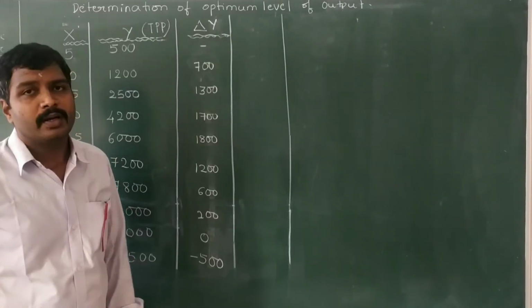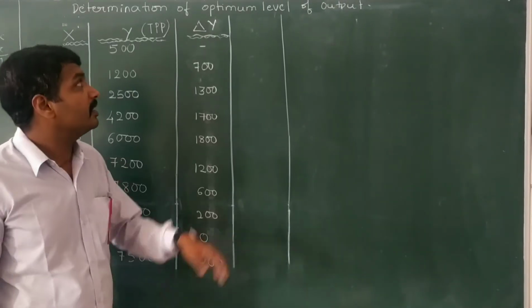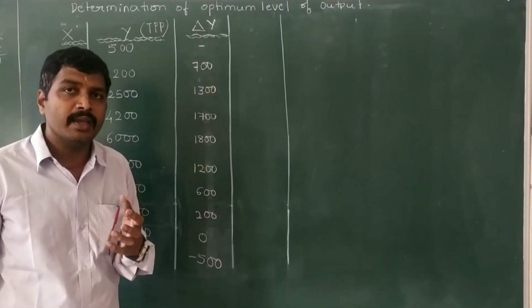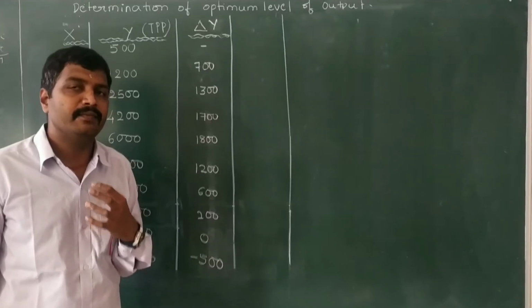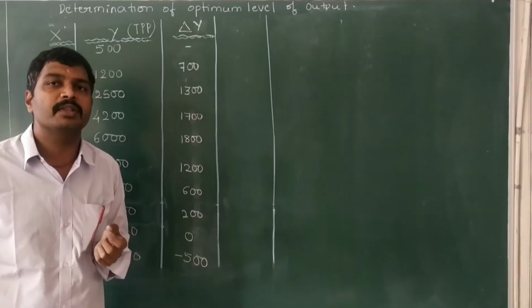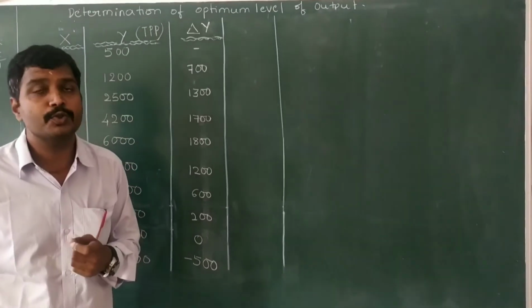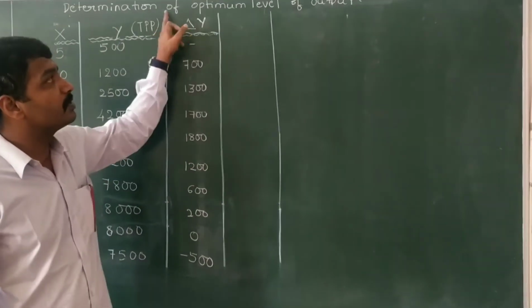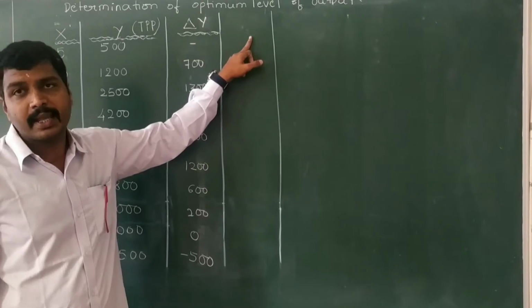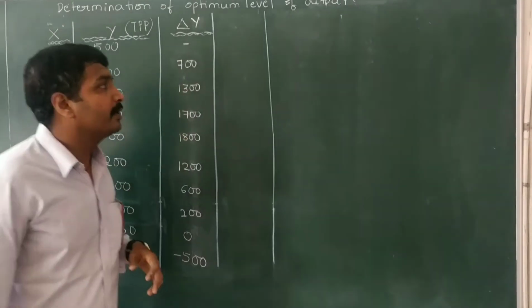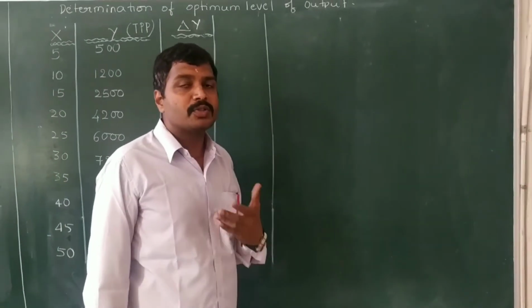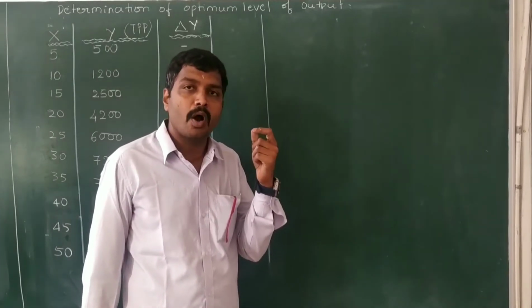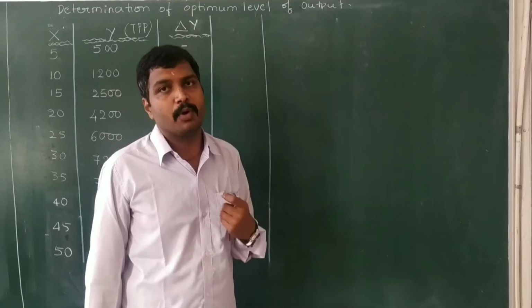Okay, now the next aspect what you have studied is determination of optimum level of output to be produced. In the previous video that you have understood how to determine the optimum level of resource to be used. In the present video, what you need to understand is how best the optimum level of output can be determined. You know that there used to be a condition to say that the level of output produced used to be optimum or whether it used to be suboptimum.